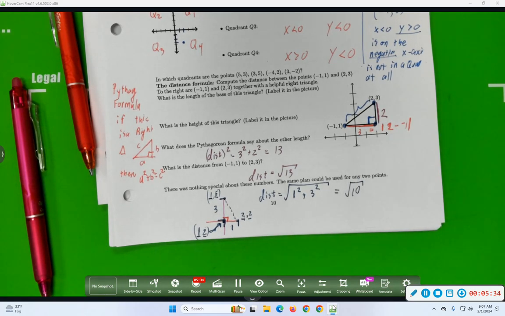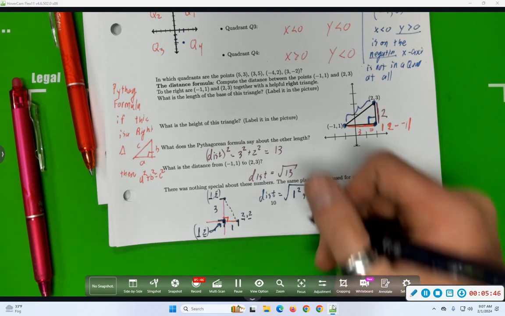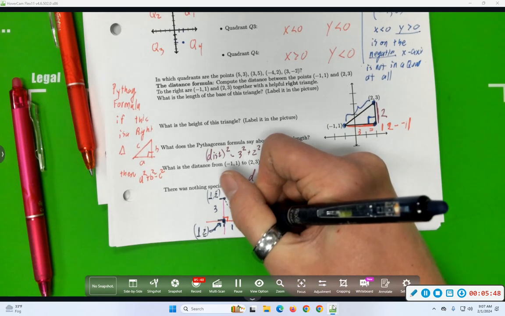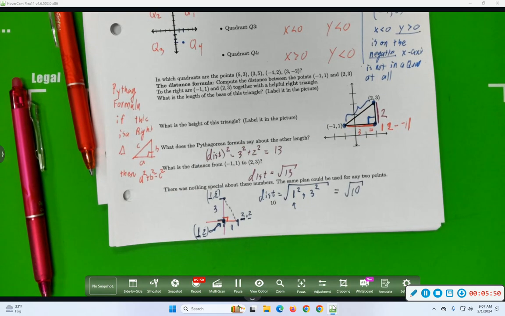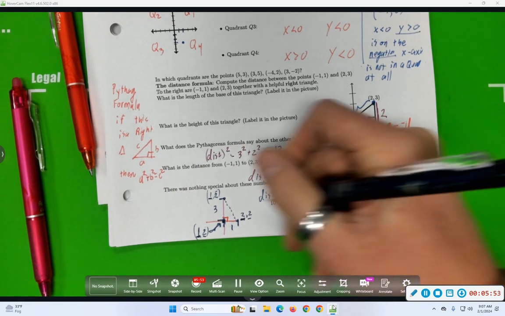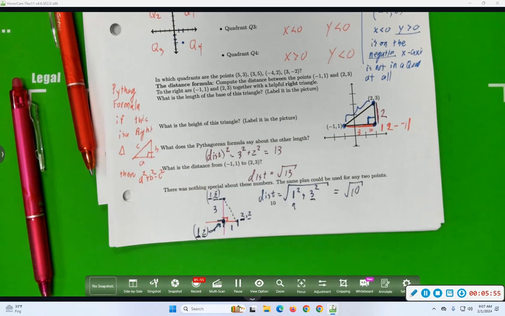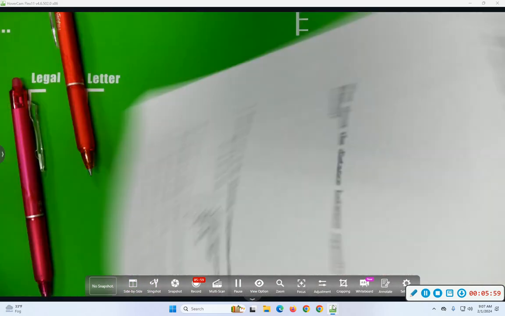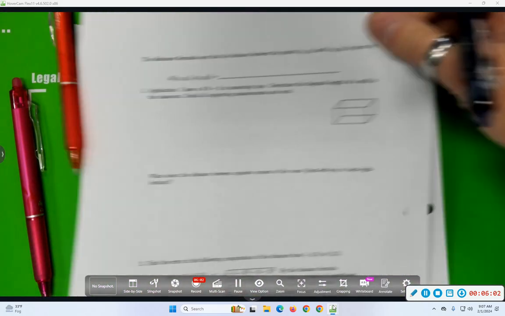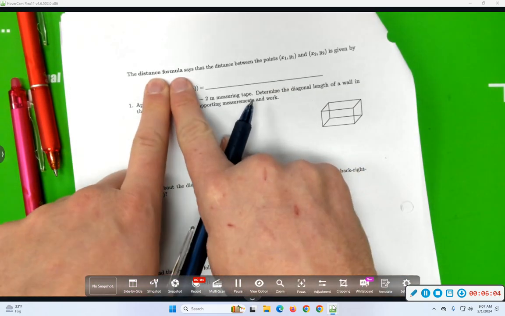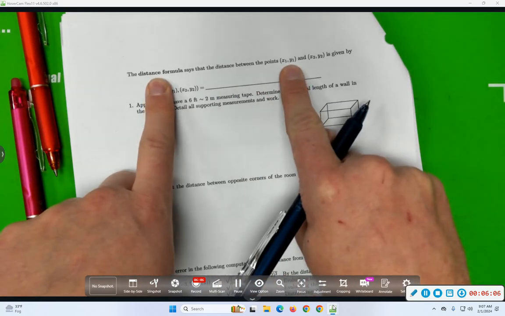Nice. That idea seemed pretty okay. Do you think you could now do that with absolutely any pair of points? If you do, you'll wind up getting a formula. Where did this 1 come from? It came from the difference between the x values. Where did this 3 come from? It came from the difference between the y values. As a consequence, I'm going to flip to the next page. We'll get a formula. The distance formula in the plane says the distance between any points x1, y1, and x2,